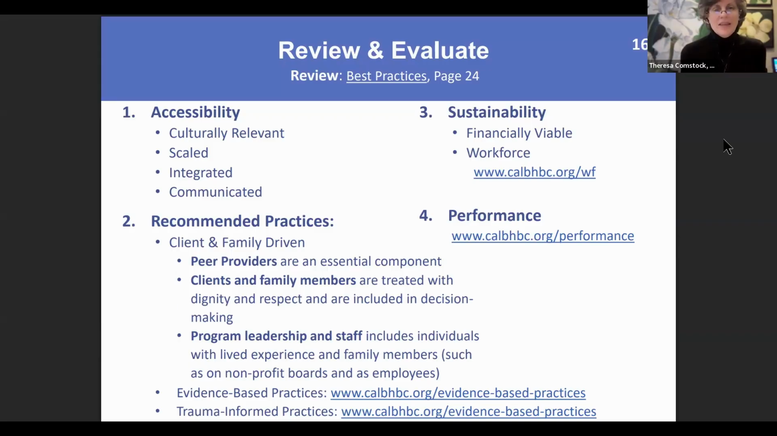One is accessibility, looking to see that things are culturally relevant, scaled, integrated between different sectors, and communicated. Communicated, say, on your website or through local media. We want to make sure your services are known. We see sometimes services are even on the sides of a bus or a billboard, or different places where people are, and then also